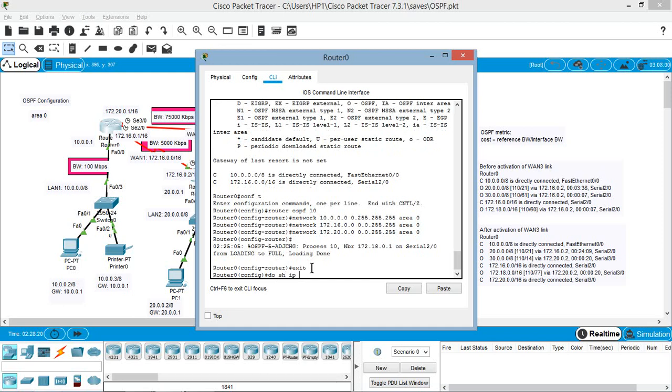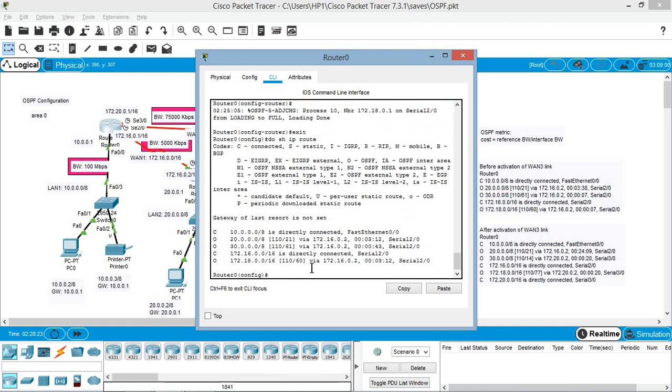Now here you can observe that the OSPF updated entries are there in this routing table. The 30.0.0.0 network is reachable with an AD value of 110 and the total cost of 61 as I explained you earlier. And this is reachable via the gateway 162.16.0.2 via serial 2/0 interface, and the time to reach that network is 43 microseconds.